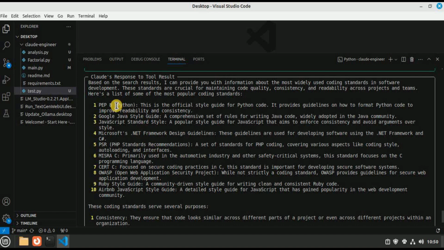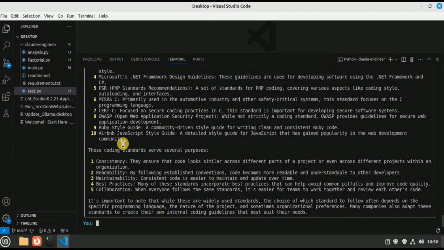And in addition to simply providing the name, it has provided us a brief explanation of each coding standard. And then it has also provided us that these coding standards serve several purposes, which are all of these. So you can see that the support of Tavily AI in the Claude Engineer is very helpful for performing searching tasks.